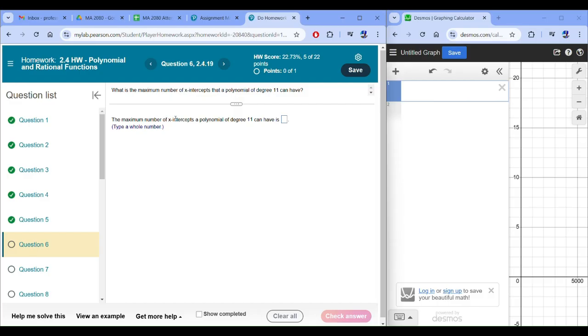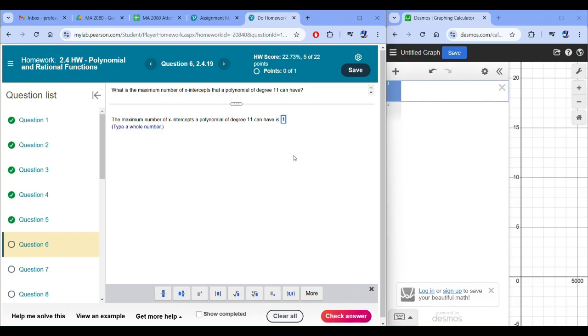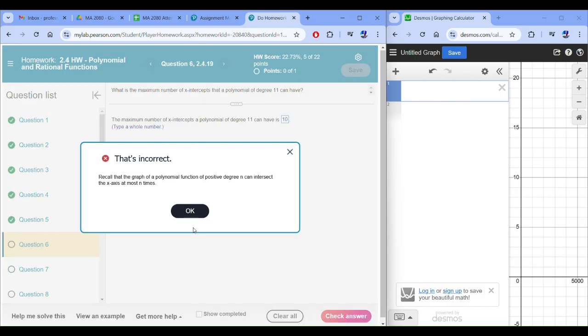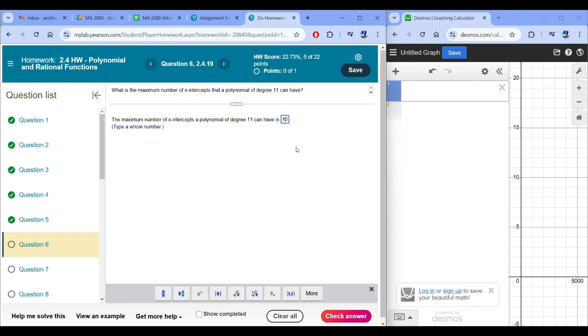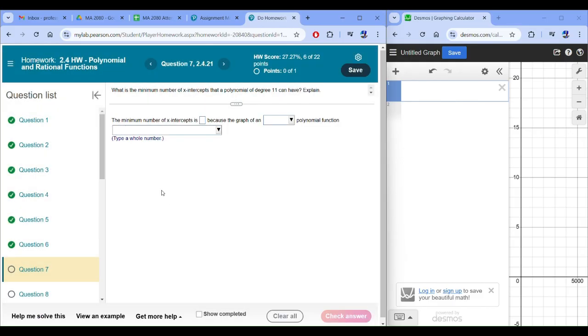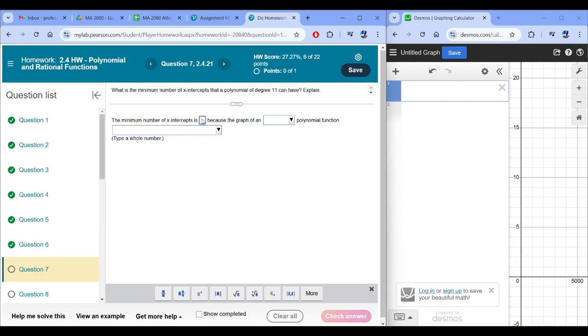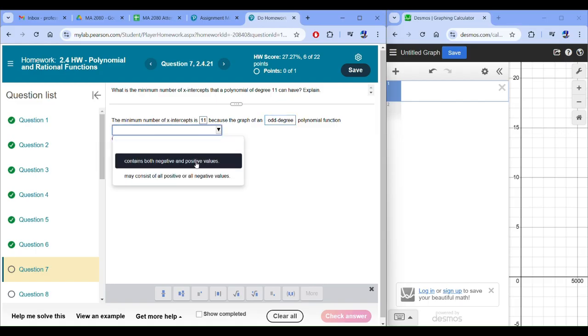What is the maximum number of x-intercepts? 11. There we go. What is the minimum number of x-intercepts of a polynomial of this degree? It is 11, because when graphed, an odd degree function contains both negative and